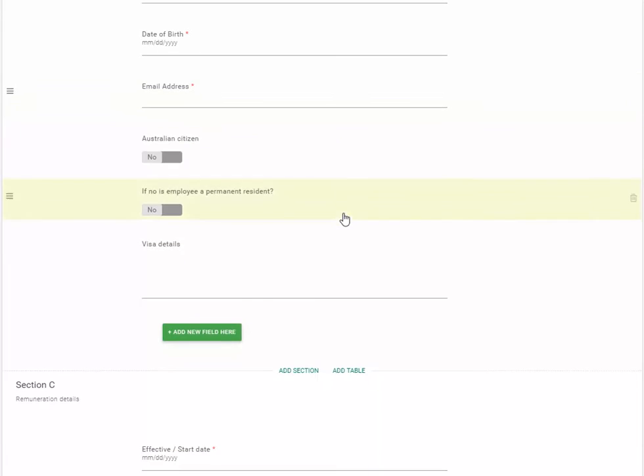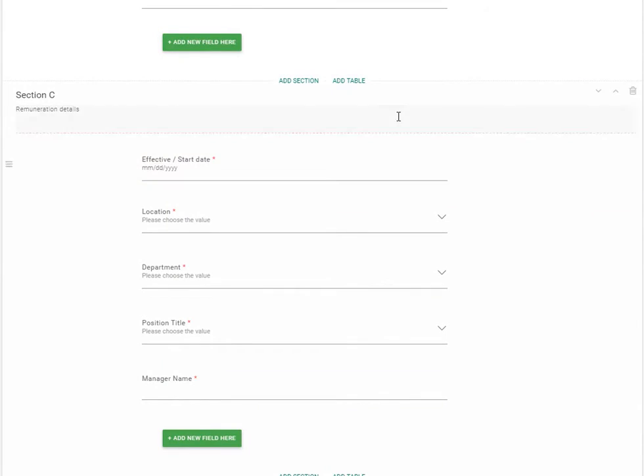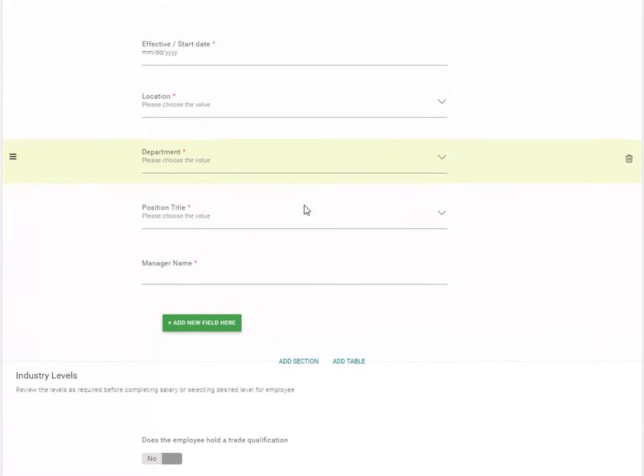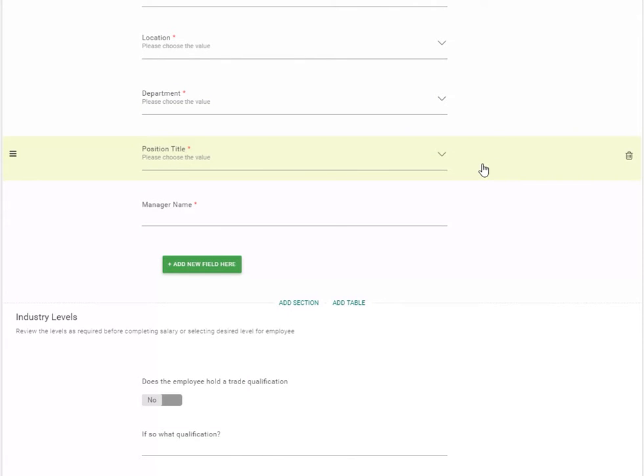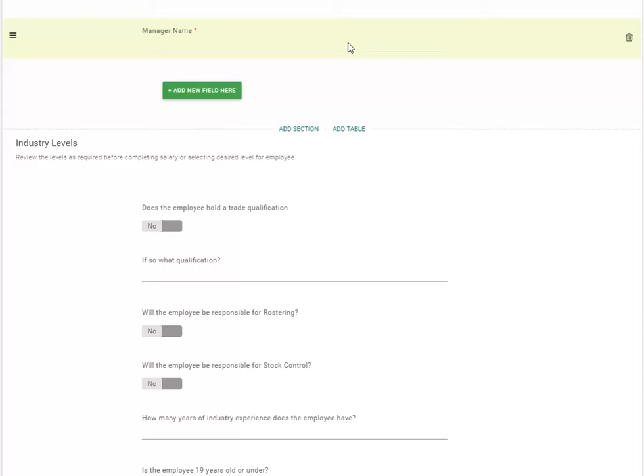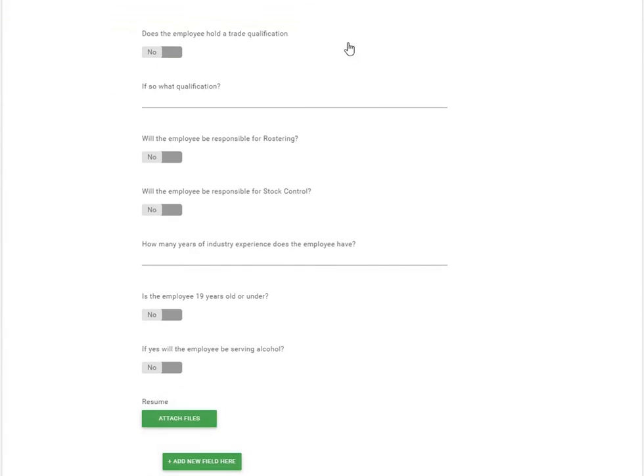Section B is just the details, pretty simple and straightforward. Date of birth, email address, if there's any visa requirements. Section C is when you expect them, or when they're expected to start. Location being a list of all the venues. Department, front of house or back of house, pretty straightforward. Position title, self-explanatory. Manager's details, whoever's putting this new starter on. Industry level,